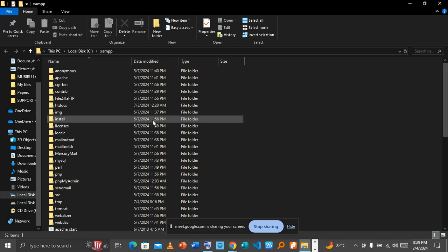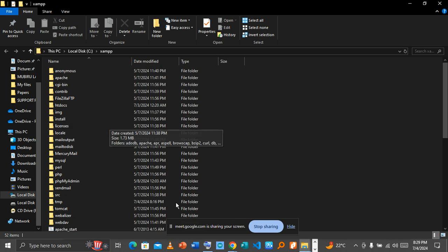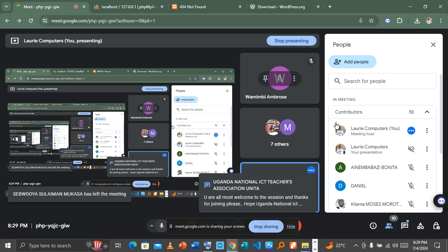When you click on Explorer, it is going to open for you the XAMPP installation files or the XAMPP program files. When every program installs on the computer, it creates what we call program files, the files or programs that help it to work. Now, in all these files and folders that help our XAMPP to work, it is where, let me check, someone is